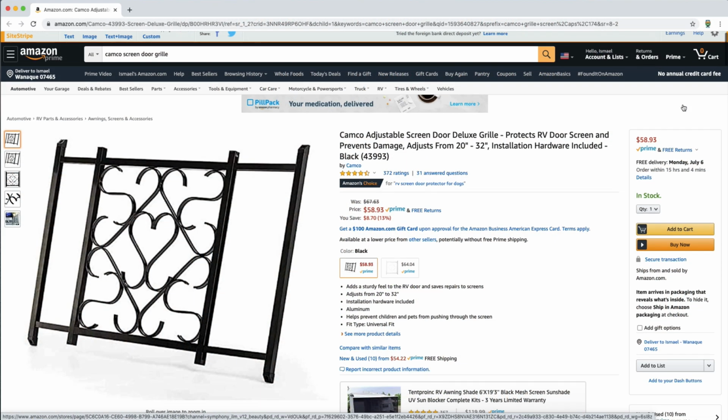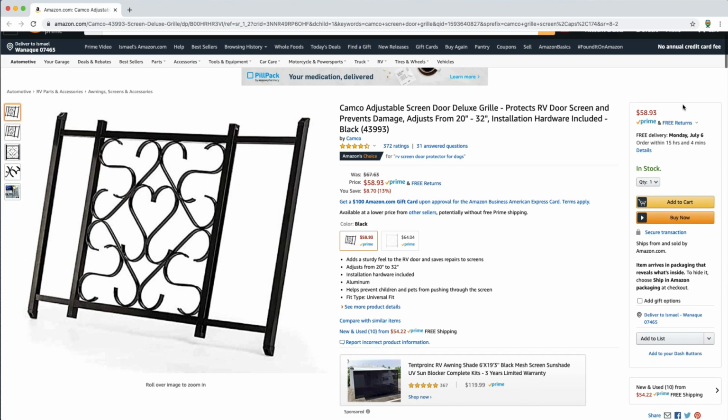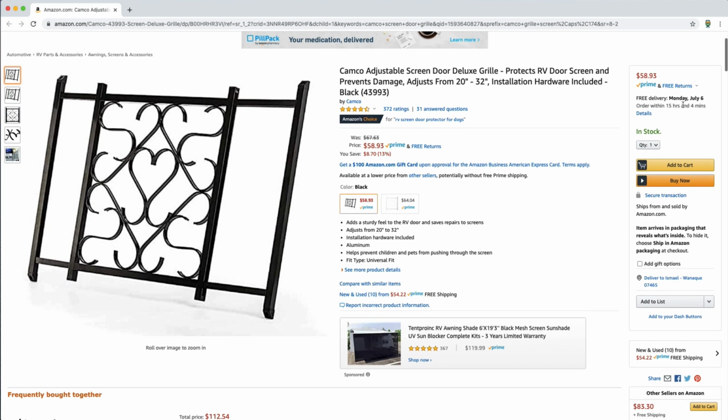Camco has a really cool thing. We'll link it below. It's called the Camco Screen Door Grill. You can put it right in front of the screen. It looks very nice. It's not gross looking, and it's a deterrent for them, and it's going to keep your screen door really, really safe. So be very careful with those dogs and cats that like to bolt out the door, and set up something so that doesn't happen. So guys, these are 5 dangers to really be aware of when you're RVing with dogs